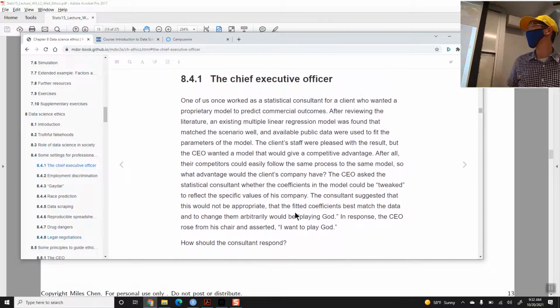This is something that you might encounter. You might not necessarily work exactly with the CEO, but you might have an internship. You might end up working for a company, and your managers perhaps want to see a certain result, right? And the question is, what is your responsibility as an employee who is at some degree beholden to the company and its desires, or your manager and their desires, but also